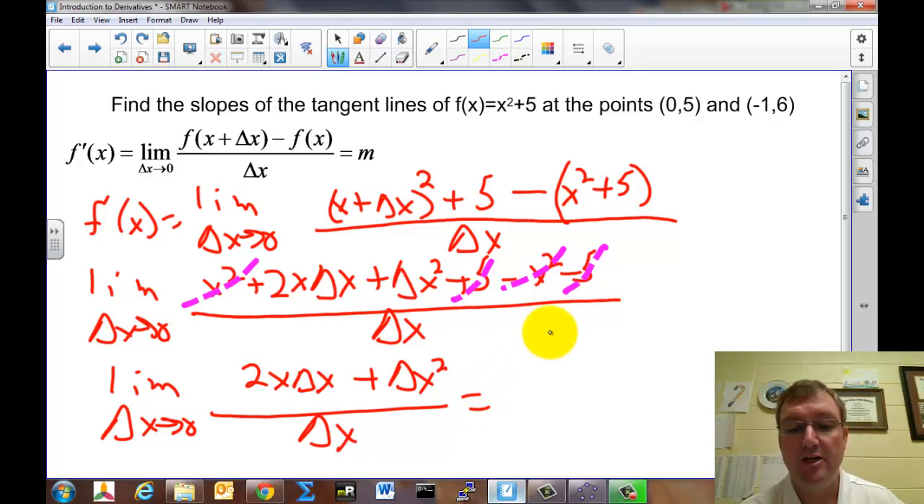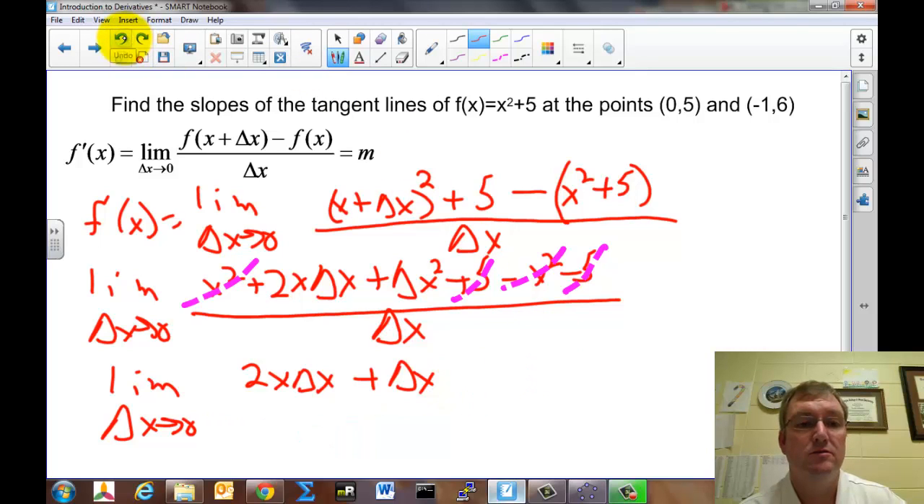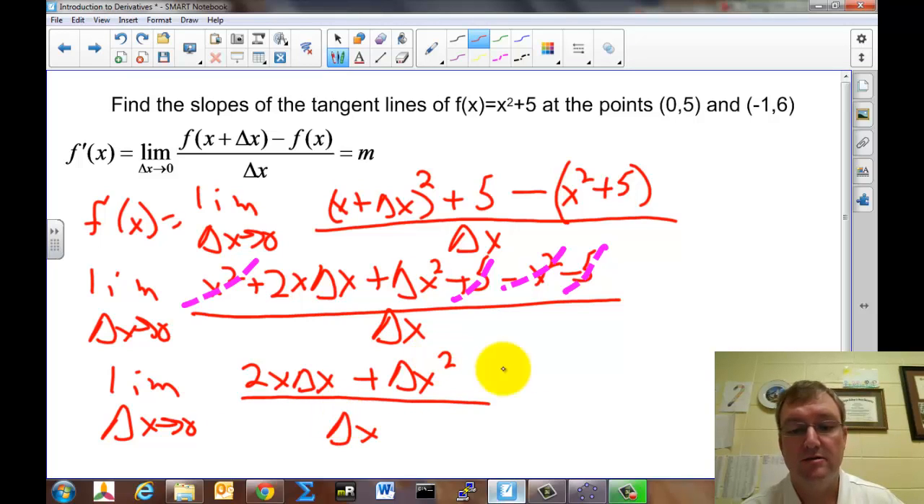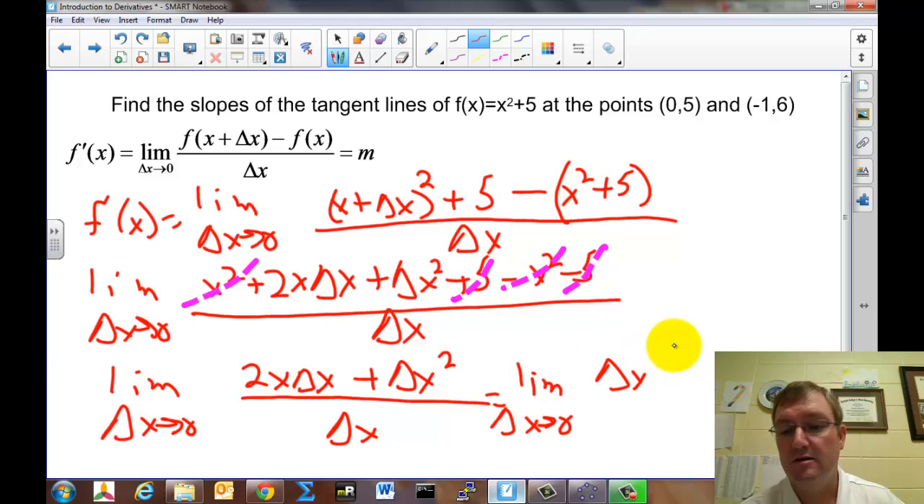Still, we can't evaluate it yet. We'll factor out a delta x. Don't forget our limit terminology here. The limit as delta x approaches 0 of delta x times 2x plus delta x